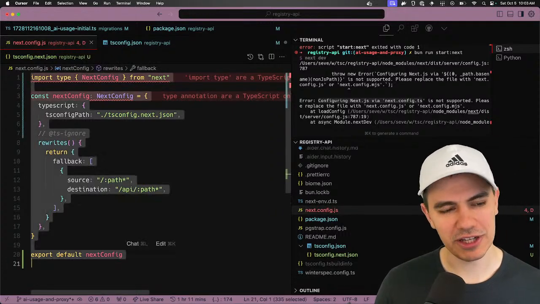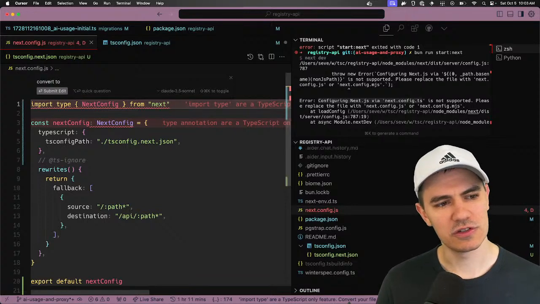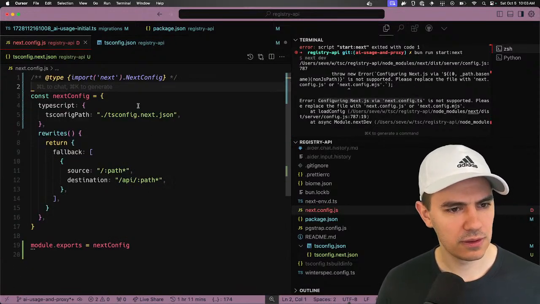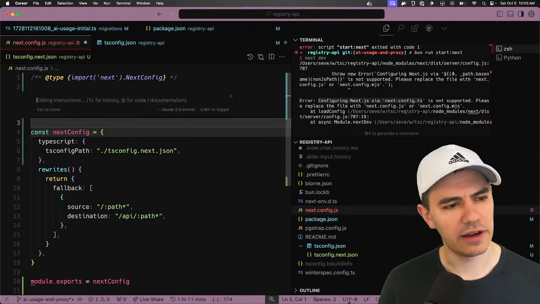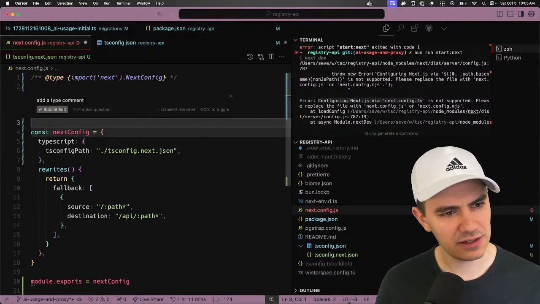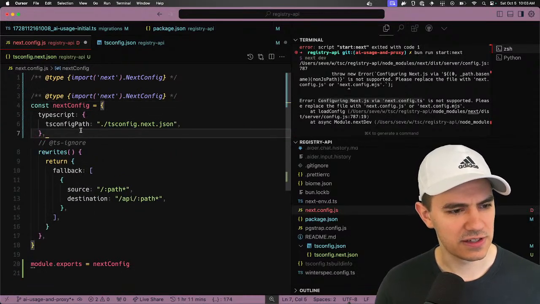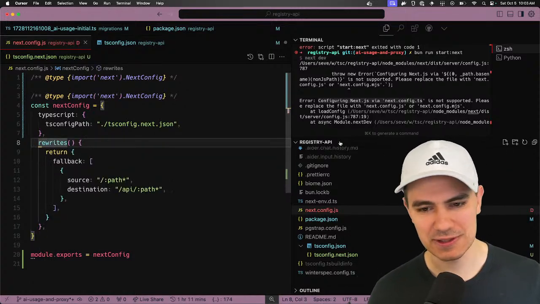Yeah, it's very complicated, and that's how it goes with convert to JS. Yeah, there we go. Add a type comment here. Yeah, there we go. Okay, so now we should get autocomplete. Yeah, so it's kind of like the best of both worlds.